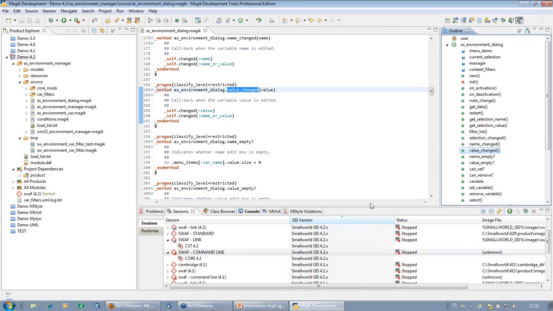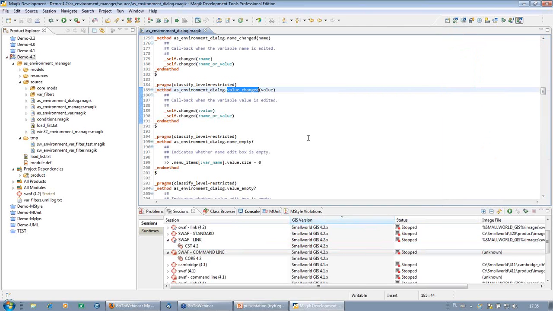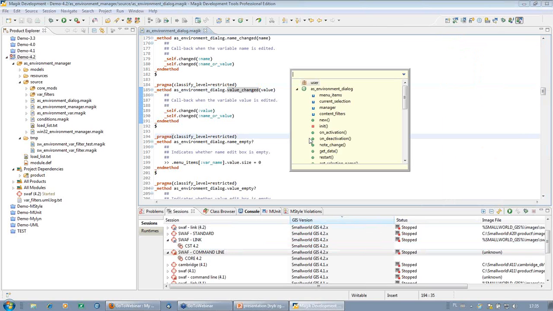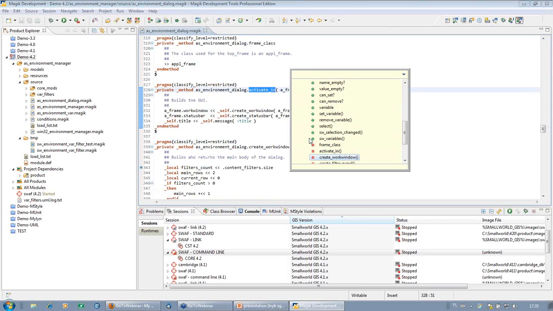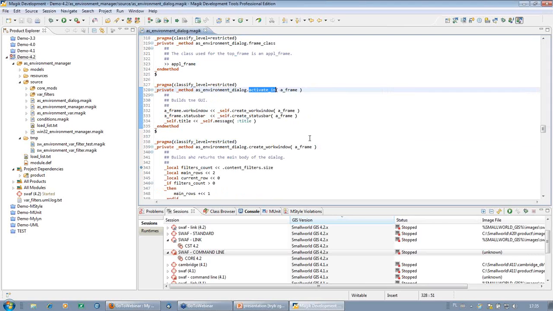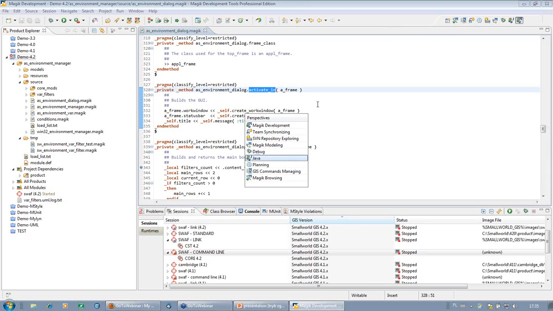So it's very useful, but of course we can, for example, switch it off and use Control and O to use the so-called quick outline with the filter to find some particular method, like this, or like this, of course. And what is also very important, there are a lot of different shortcuts in Eclipse in MDT. I recommend seeing the help and how to use different shortcuts to, for example, switch between different perspectives, like